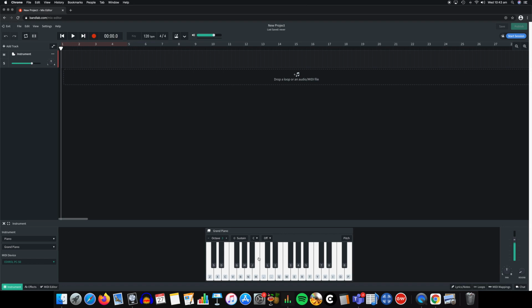I've also got a music keyboard plugged in, so that works as well. It just picks it up automatically. So if you've got that at home, then it should just work straight away. Excellent. So I'm just going to go over a few of the buttons first before we actually start recording